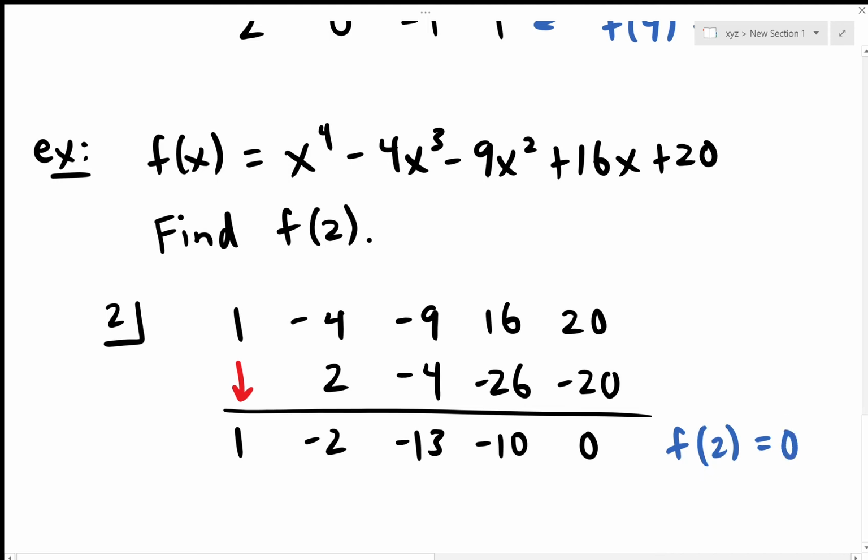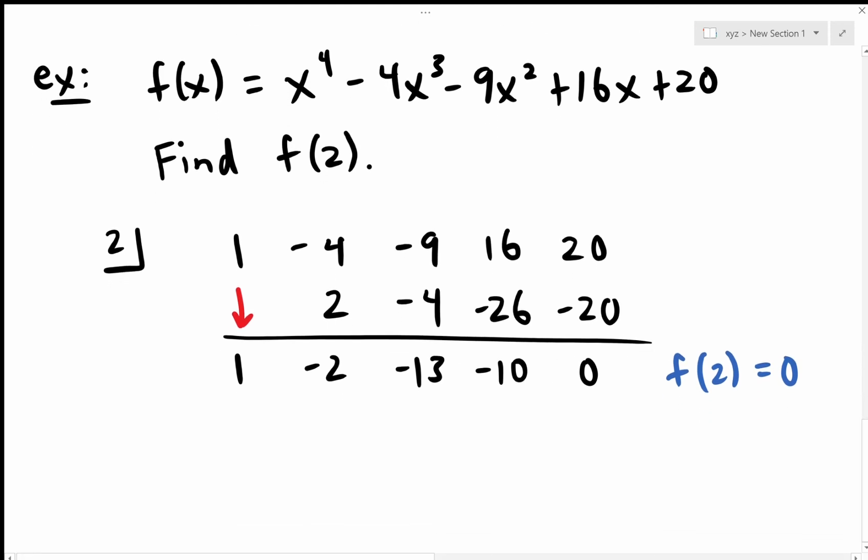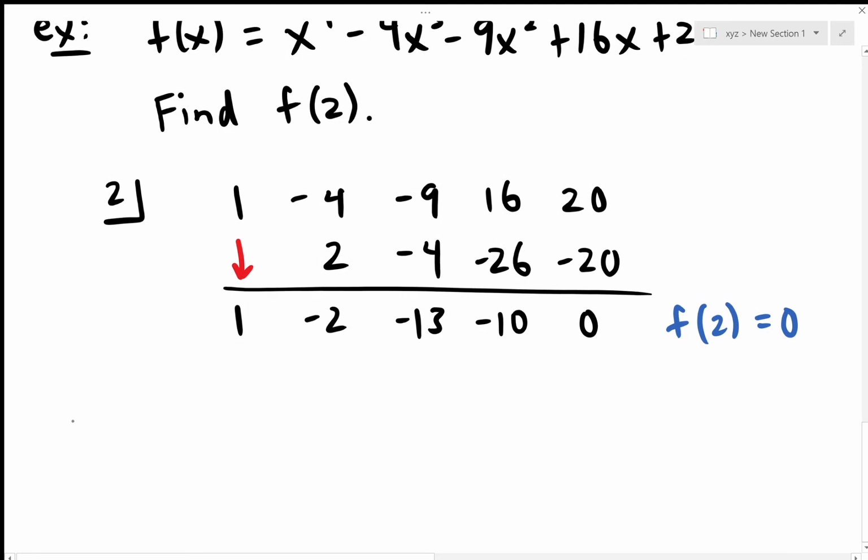Now, there's a couple of things I want us to realize here. First of all, when we're doing the synthetic division, we're getting a remainder of 0, and so that means that the polynomials that we would be dividing here would divide evenly. But this also means, of course, that since f of 2 is equal to 0, that x equals 2 is a 0 of the polynomial. So we talked about zeros in an earlier section, and remember that those correspond to the x-intercepts of the graph of the function. So when the remainder is 0,